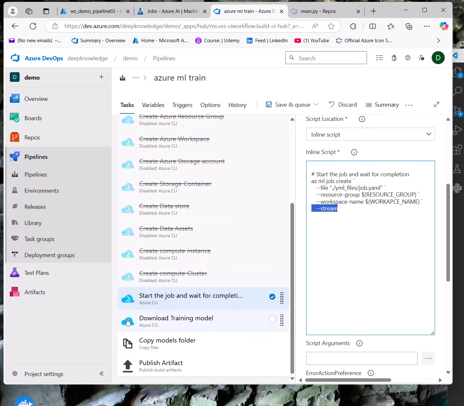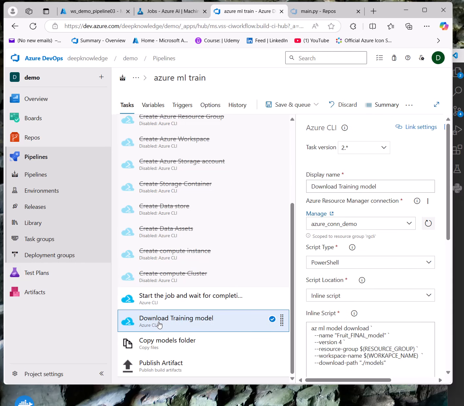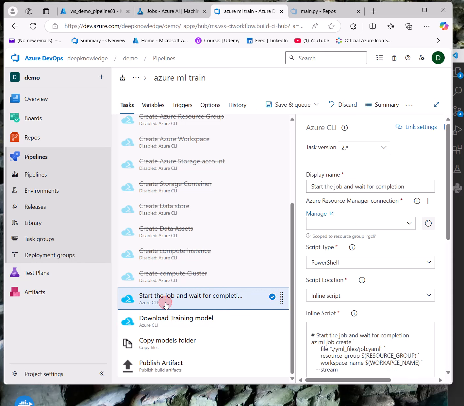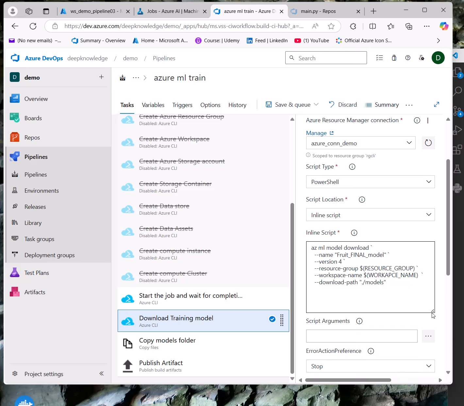It won't go on until this job is completed, so it's completed creating and also training your model. This download will literally only run after finishing the job and the training in the background. Then the model will be downloaded.